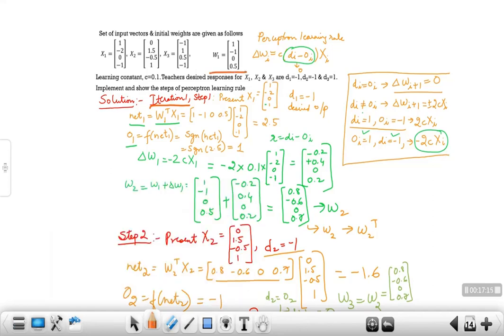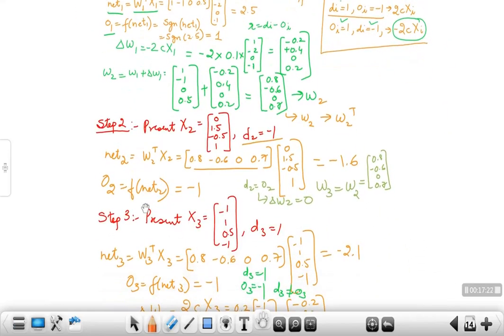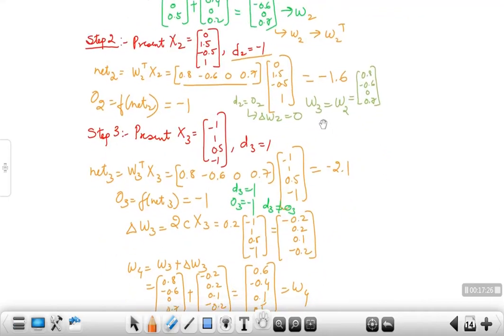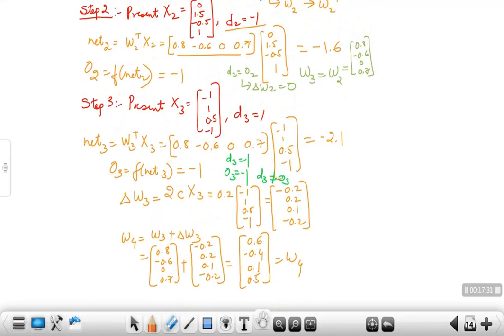So we have finished iteration 1. As I have told you, you usually have to perform one iteration unless it is specified that you have to perform 2 iterations. So if I minimize this, we go back to this problem. We started with iteration 1, step 1. So we have done only one iteration. If you are asked to do 2 iterations, then you will repeat these same steps again. But remember, you cannot take this weight